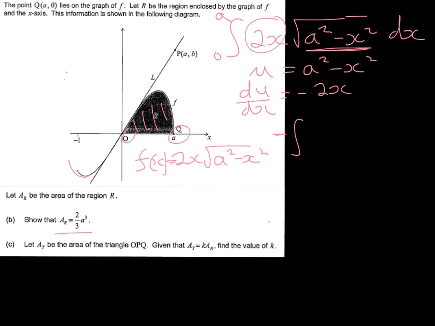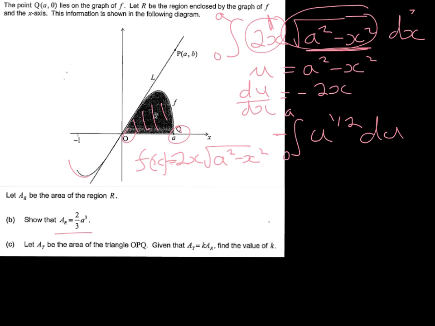So take out the negative, and then we can express this as u to the power half, and we know that du/dx is −2x, so 2x multiplied by dx would be the same as du. So we want to integrate u to the half du between a and 0,